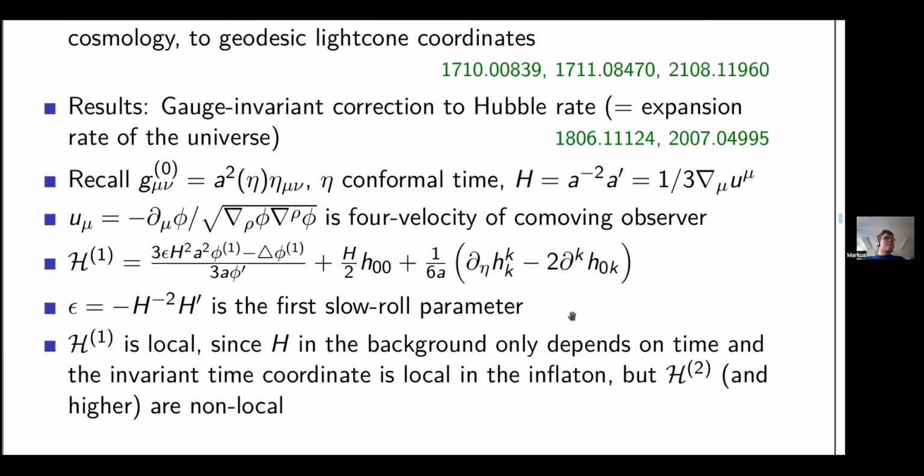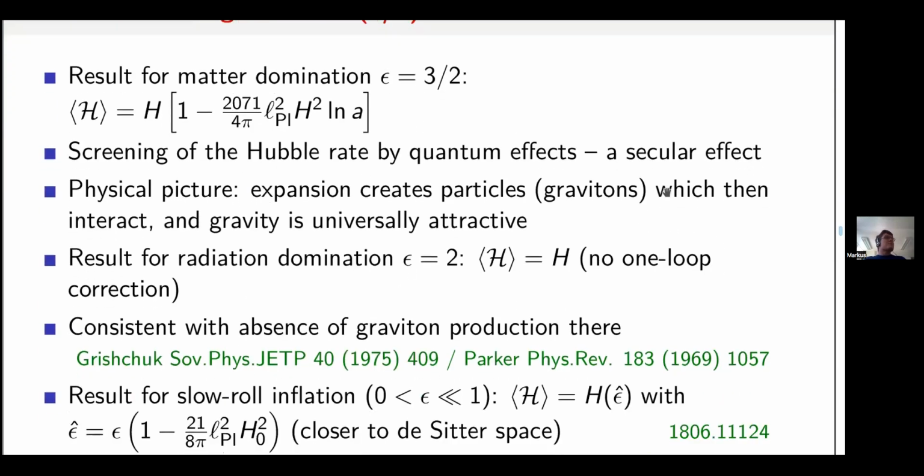There's a reason for that. But if you look at, say, second order, it will become non-local again. So again, at first order, you might get something nice and local, but in general, it's not local. Anyway, you can compute this. It's a nice short computation. And then you can compute expectation values. So take some expectation values at one loop, say for various